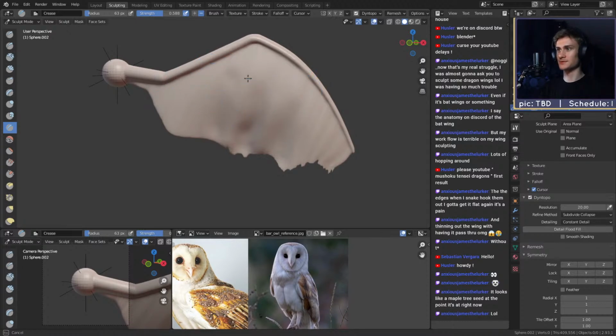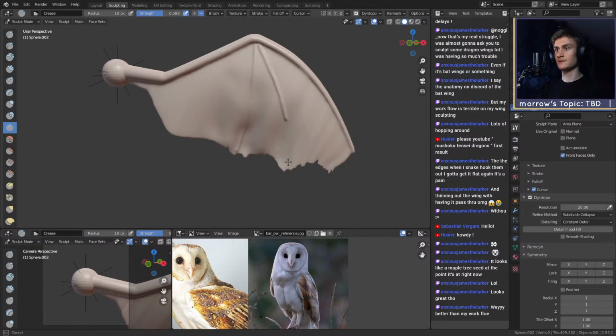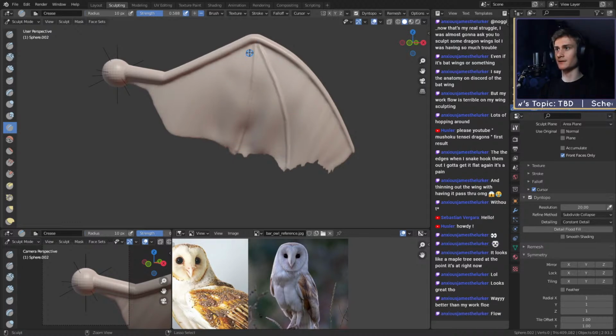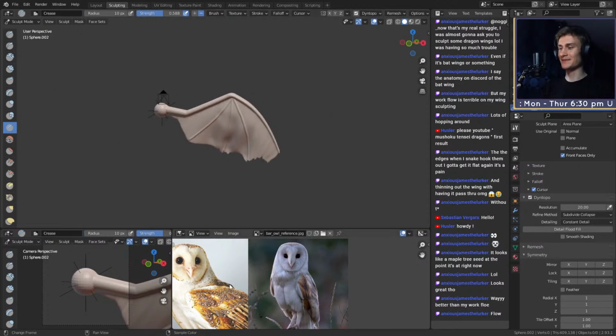Or you can also just go in here and create these other fingers like this, so it looks more like a wing. Nice lag there. There you go. Oh, now it looks more like a wing, hopefully. Yep, that's how you would sculpt wings. Then